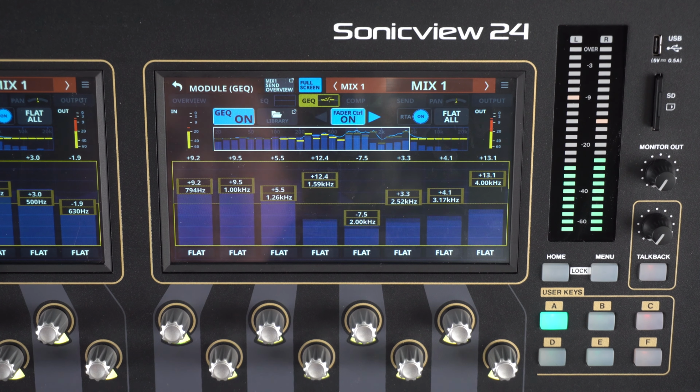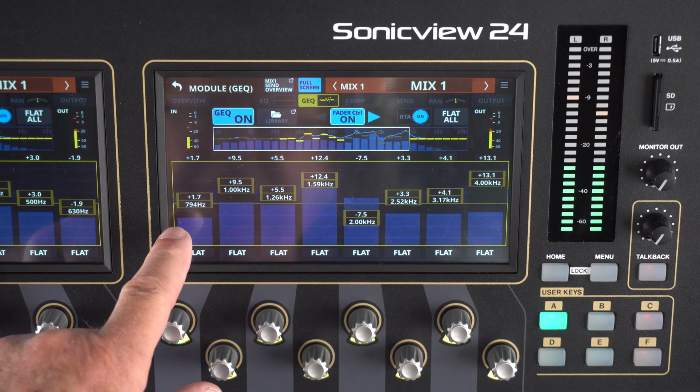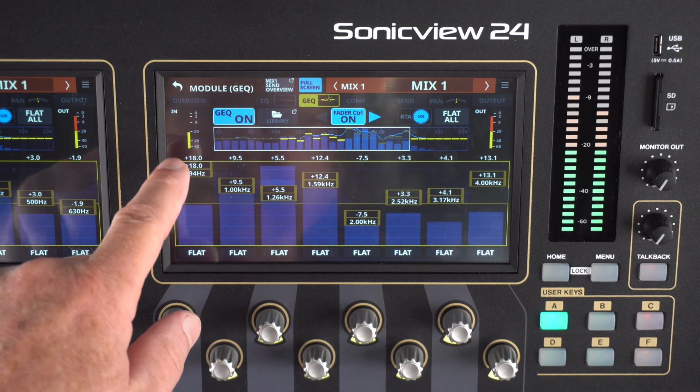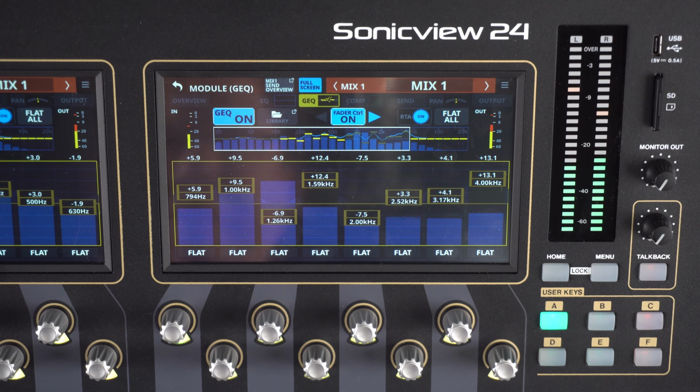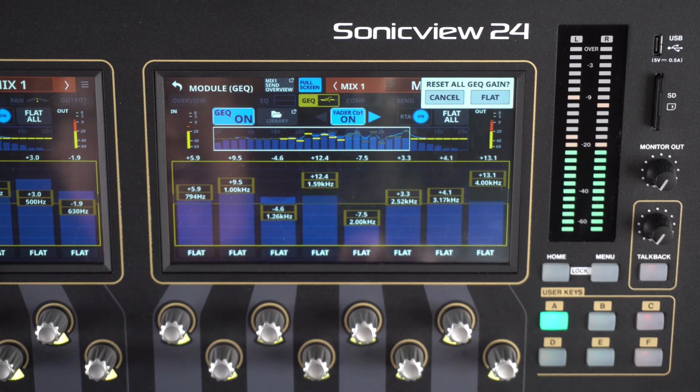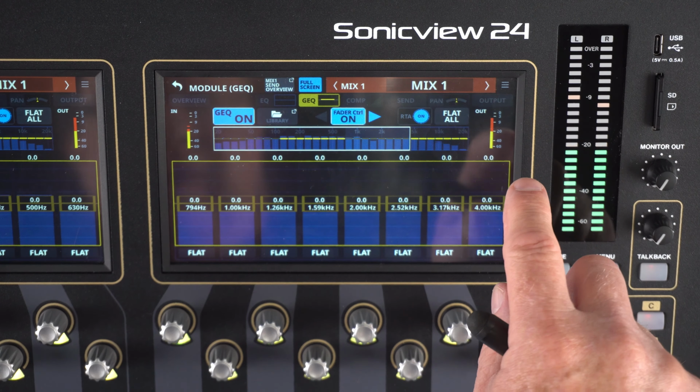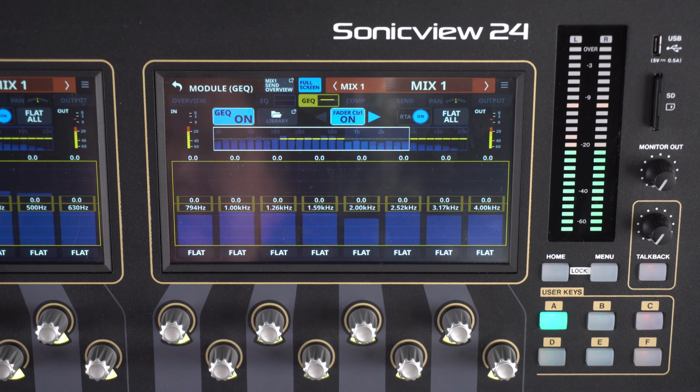So it actually chases the band of the material. So you can see that this particular frequency band is visually being reflected to the RTA. Very cool. And if you get stuck, just go back to flat all, and everything goes back to flat, the display and the faders. Okay, let me turn the RTA off.